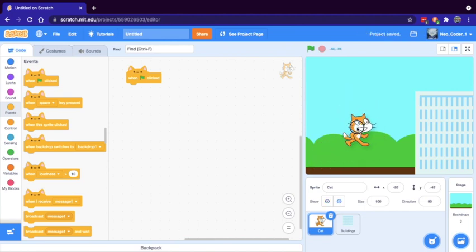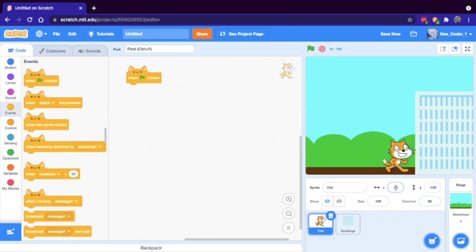You can also see here, this is the position of my mouse. As I change the position of my mouse, these coordinates also change. So this is the X and the Y. So I am putting it here. Yeah. So when the green flag is clicked, we want our sprite to be here.